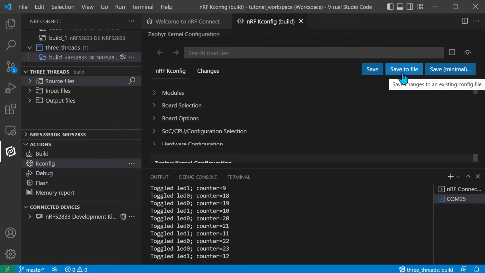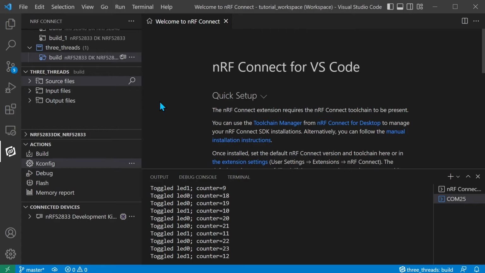Save to file saves changes to the existing application configuration's prj.conf file, resulting in permanent changes to our build configuration. Save minimal saves only the changes we made in a new config file, which can be located in a directory of our choice. As we said before, if we make any changes here, build command will automatically invoke a pristine build. Moving on to the debug button,